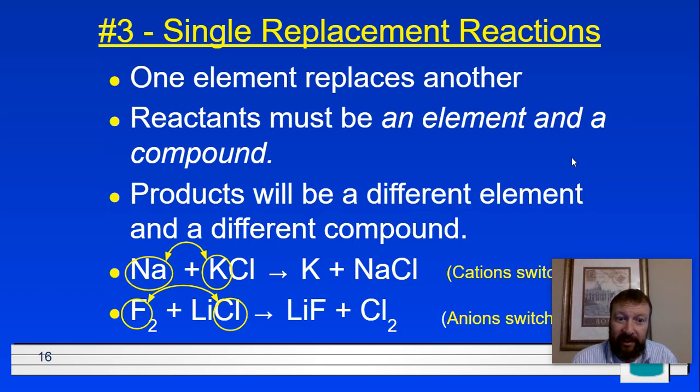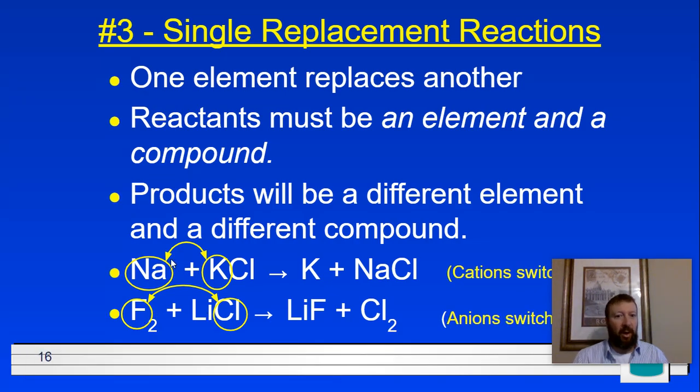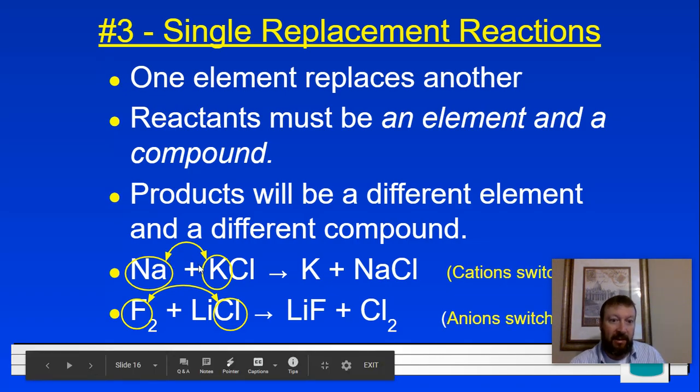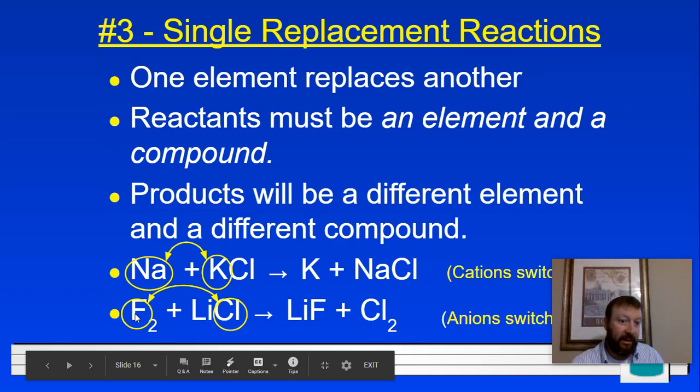The third type is called a single replacement. In this part, I'm going to start with 2 again, and it's going to become 2. So 2 reactants become 2 products. The difference is I'm switching the combination. There's always a single element with a compound. Notice here sodium is a single element with a compound. This is fluorine with a compound. So you're only switching 1 partner. In this case, sodium is switching with potassium. So potassium is all by itself as a single element, and then sodium is with the chlorine. It's a single replacement. Here, fluorine is all by itself, but it can't